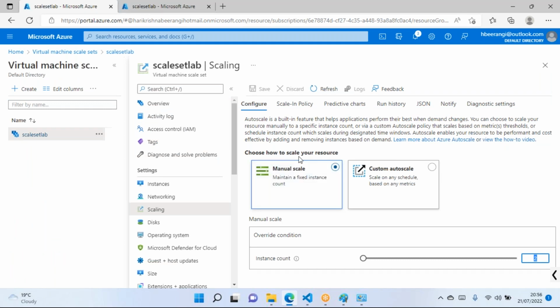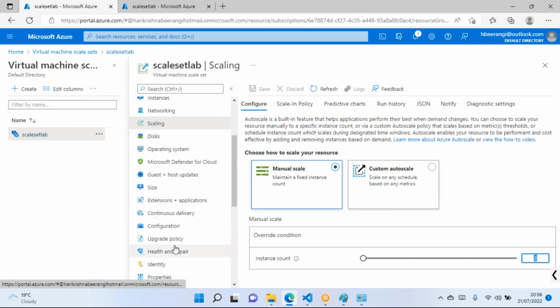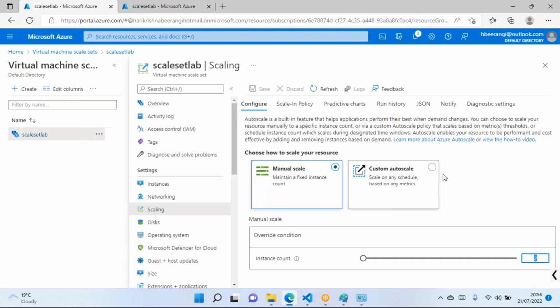Now what will be the criteria for custom auto scale? I will tell you, I will discuss these settings as well, and then you can go for lab. Maybe it will take another 5-10 minutes to cover this concept, and then we have various settings to cover. We will see them in the next session, because I'll be deleting after this session, so I wanted to cover as much as possible here.